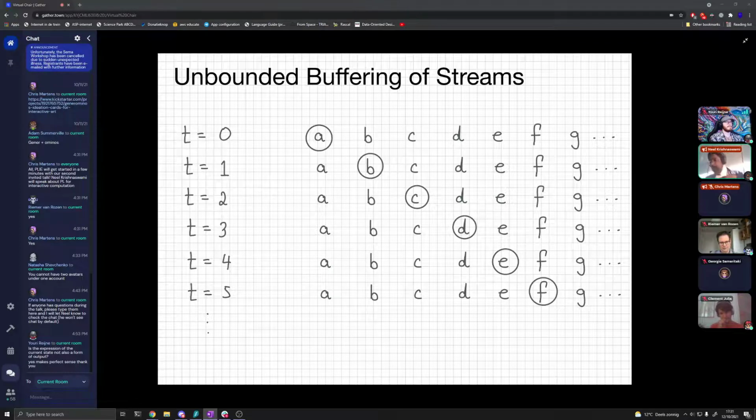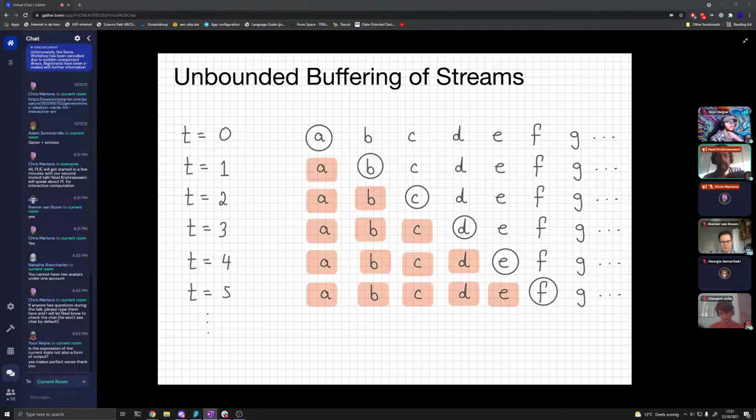And the thing to remember is that what the constant function is doing is it's saying, okay, give me the stream A, B, C, D, E, F, G. I want you to repeat that stream over and over and over again. But the actual stream that you got as an argument, it's this little machine, and it's enumerating the elements one by one. And so after it's enumerated an element, it doesn't remember what its old elements were. And so if you want to keep producing those elements, you have to remember all the old elements that were originally produced.